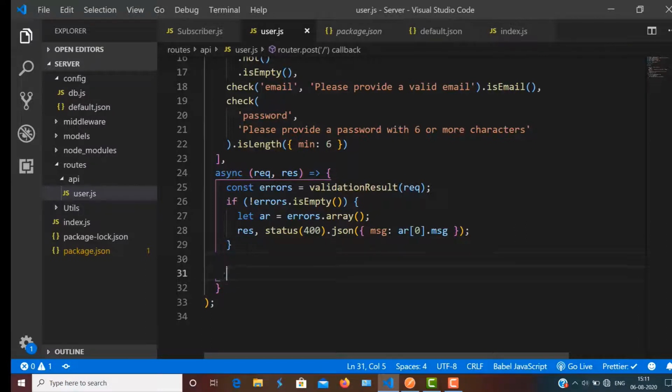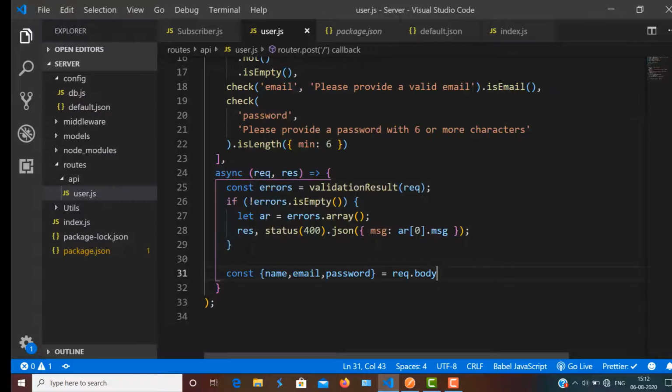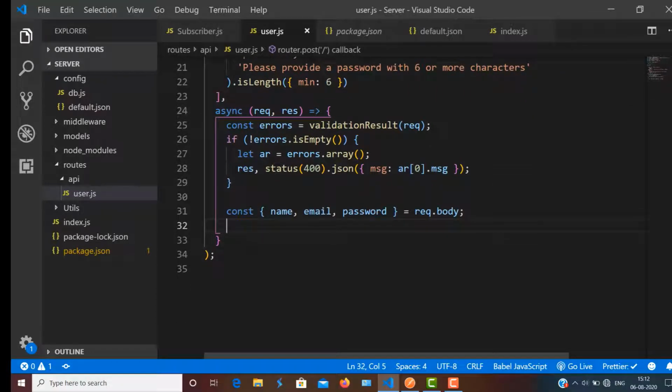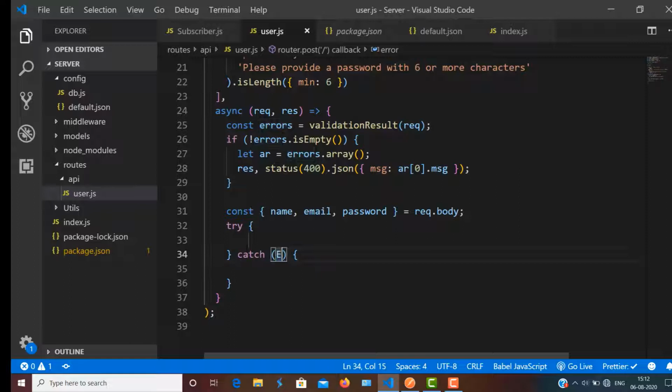Now next thing, I'm going to use a const to destructure our parameters. So name, email, password is equal to request.body, as all of these fields I got from the body of a request. So next thing I'm going to use a try and catch block,